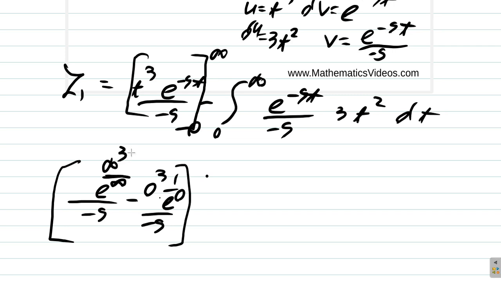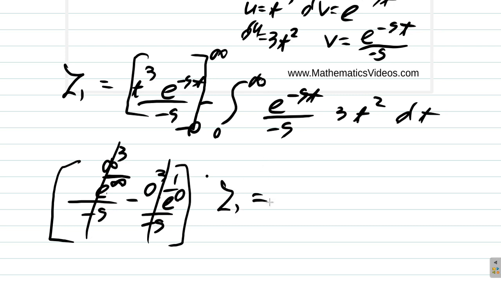So here, well, infinity to the 3 is smaller than e to the infinity. It rises slower than e to the infinity. It would approach 0. So this is 0. 0 times anything is 0. So what we have here